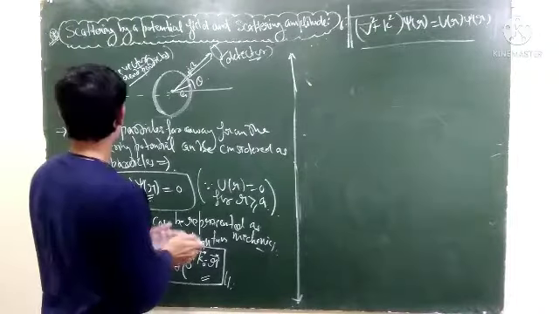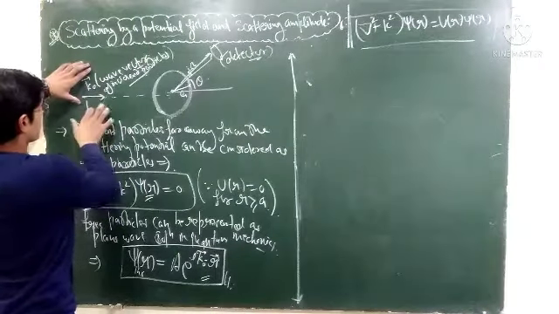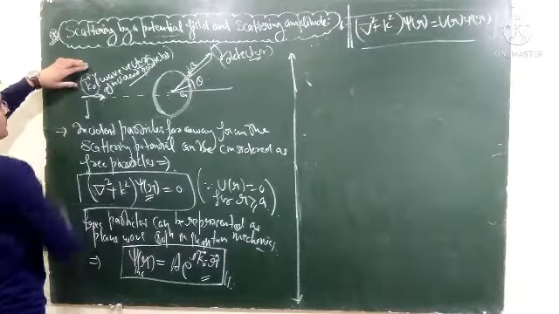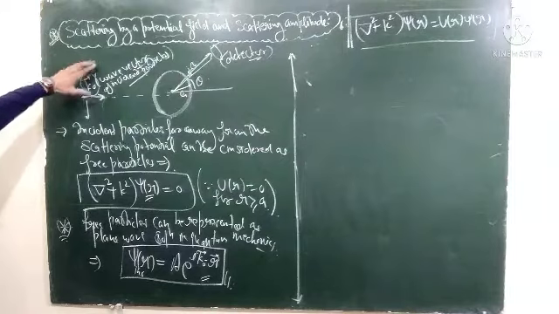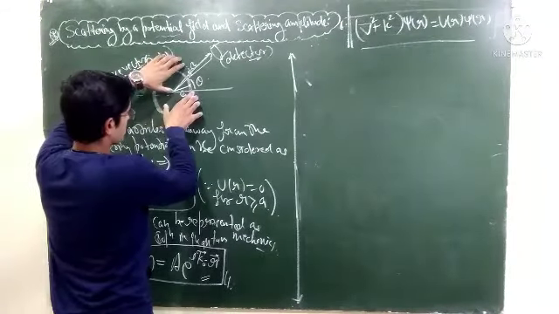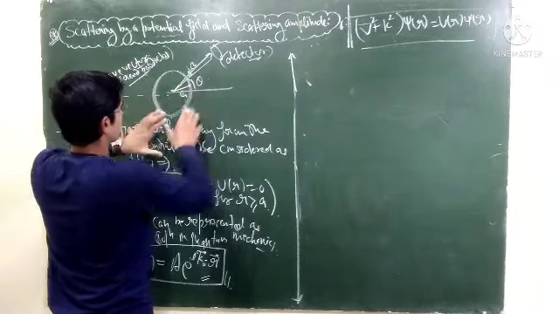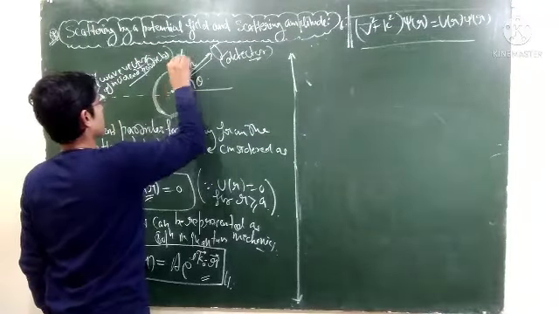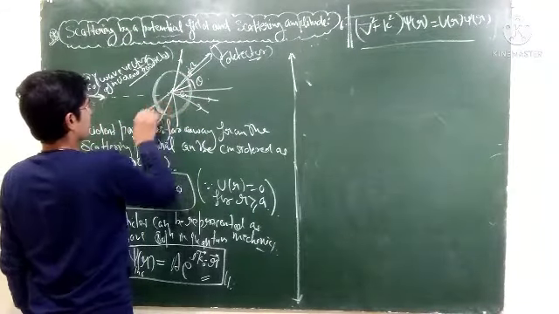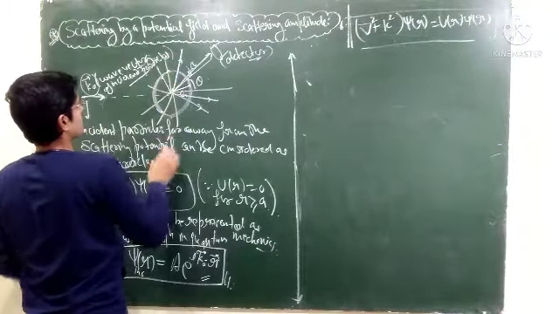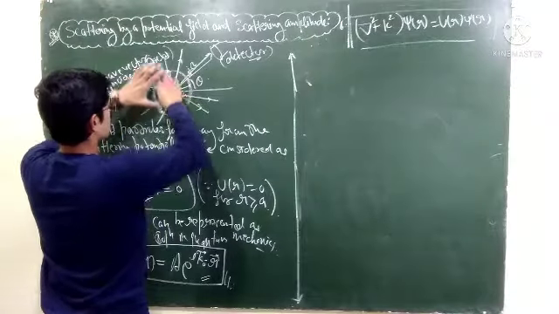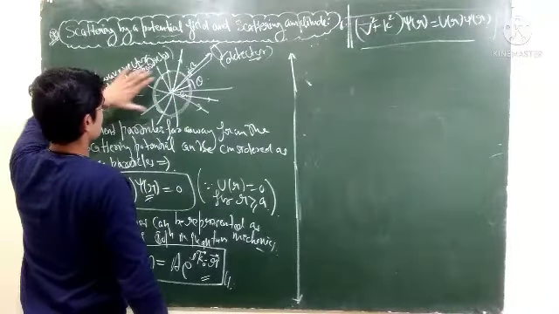Now the important thing is that when these incoming particles are coming, they are coming as a plane wave, right? They have some particular direction which is represented by k naught vector, which is the wave vector in the direction of incident particles. But after the scattering by this particular potential, they will scatter in all the directions. So this particle can go in this direction, these particles can go in this direction, they can go in this direction, and there is equal probability, right? So if this scattering potential is spherically symmetric, then there is equal probability of scattering the incident particle in